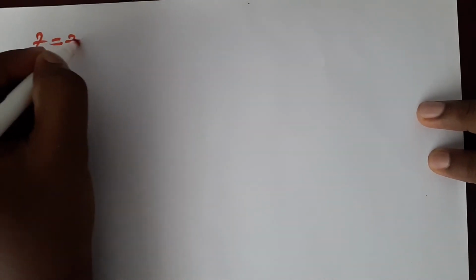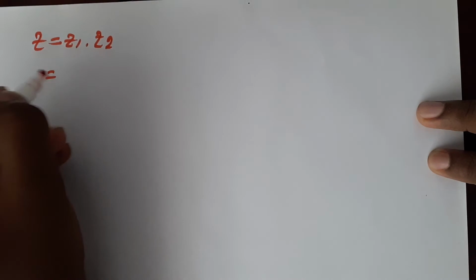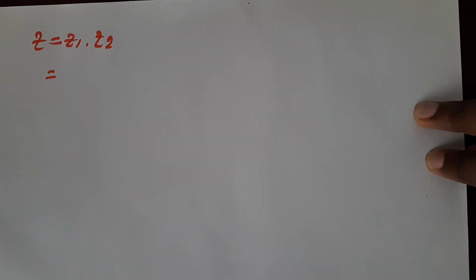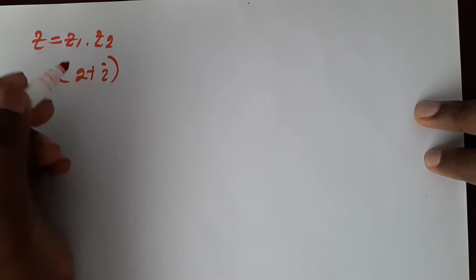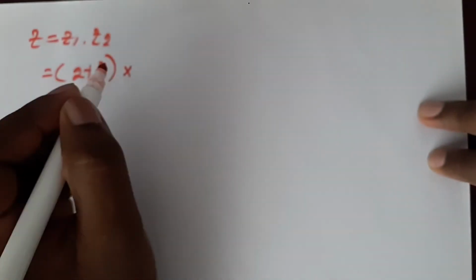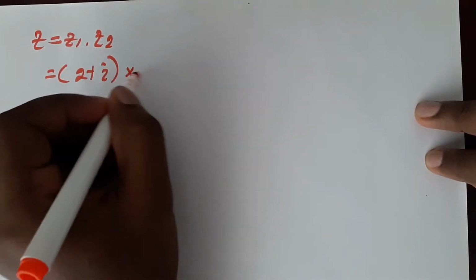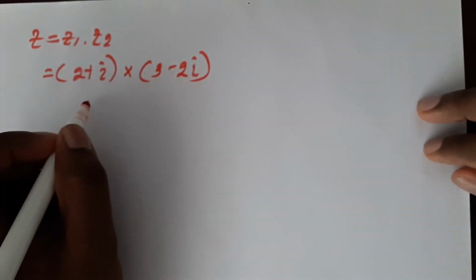Now for multiplication, let's say z is equal to z1 into z2, where z1 is 2 plus i and z2 is 3 minus 2i. So when doing the multiplication,